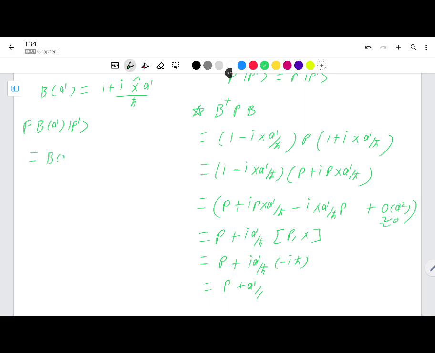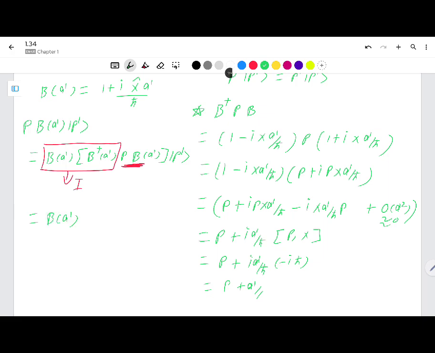There is B A prime, there is B dagger A prime P B, not A prime operated B prime. Why can we do this? Because this part here is basically the unit identity, so this part is the same. Okay, so if we move forward,